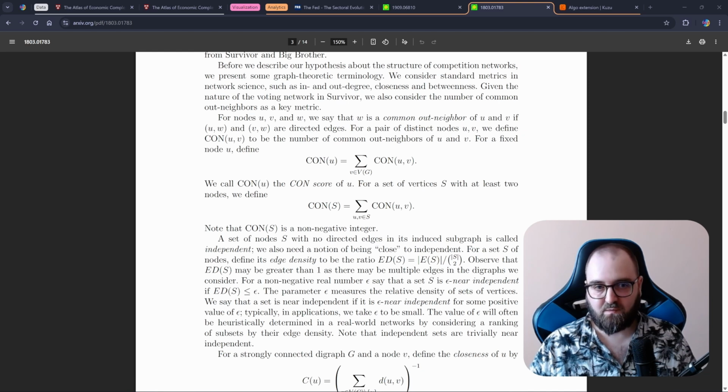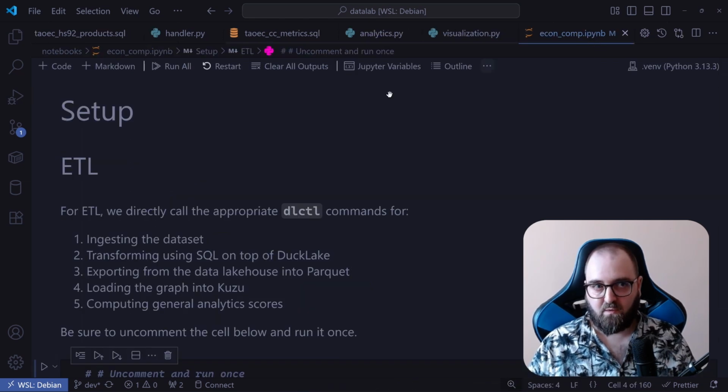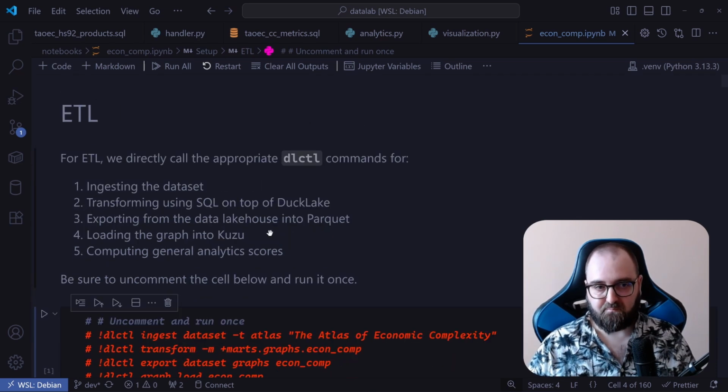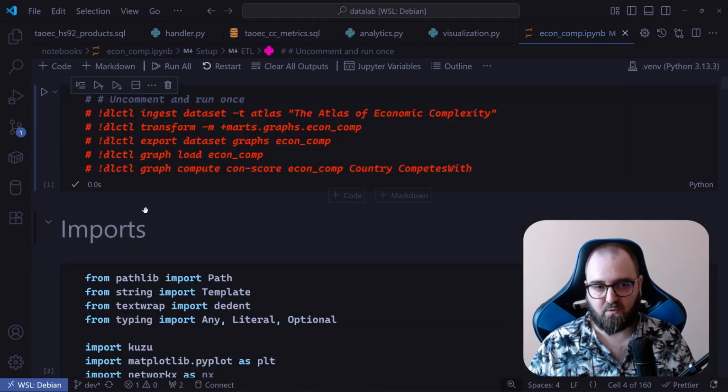Finally, let me just give you a brief overview of how we load this data from scratch and run the ETL pipeline if you want to run this yourself. So I'll be providing a notebook called econcomp under the notebooks folder of the Data Lab repo, and the link will be in the description. And if you want to ingest the required data into your own Data Lab infrastructure so